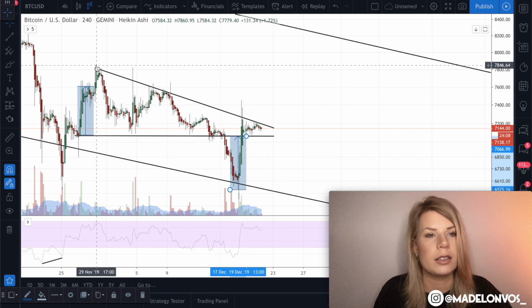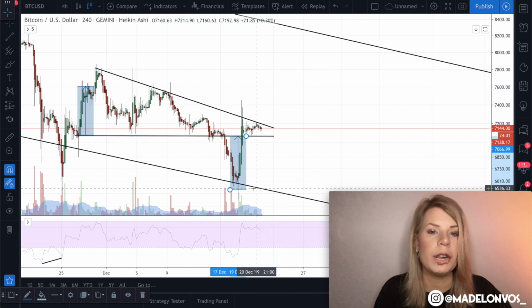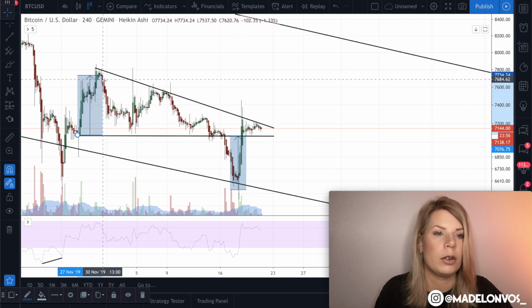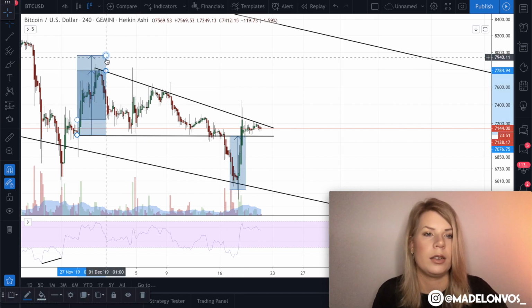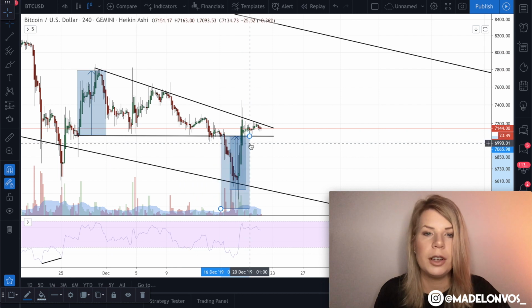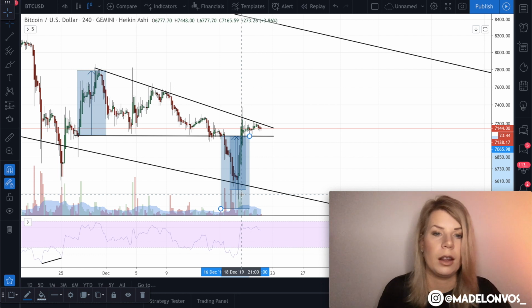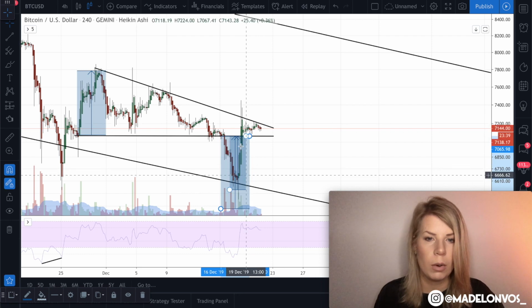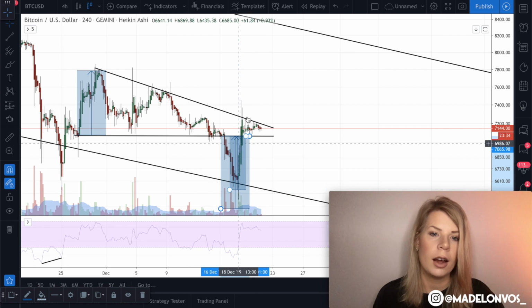I always take like 75% of the starting point of the triangle, and then this was the time. Obviously you can also take 100% like this and then draw it like this, but still always make sure to at least put your orders back in around 75%, so you're always sure that you're back in the market, because you don't want to miss this one. So I always buy back already at 75%, and that's what happened.